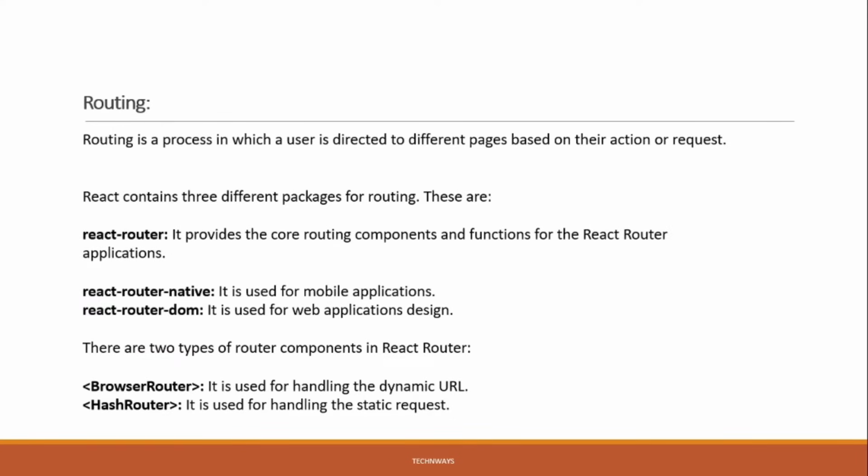So what is routing basically? Routing is a process in which a user is directed to different pages based on their action or request. You can understand it in an easier way: if we have multiple pages, one for create user, one for delete user, update user, and one for user details. So routing is basically redirecting from the home page to that particular page. Like from the home page, if a user wants to go to the user detail page, the user should have this